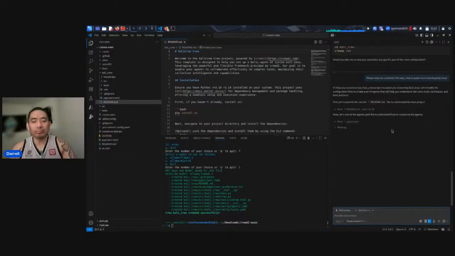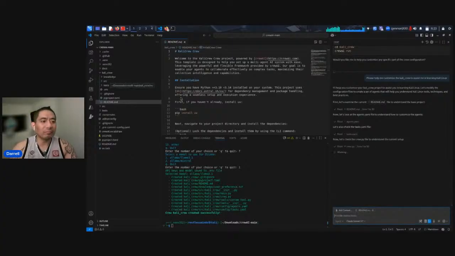Okay, so now it's going to revise the agents.yaml, which is like the executional file, but more like Excel VBS or VBA coding, or macros, put it that way.